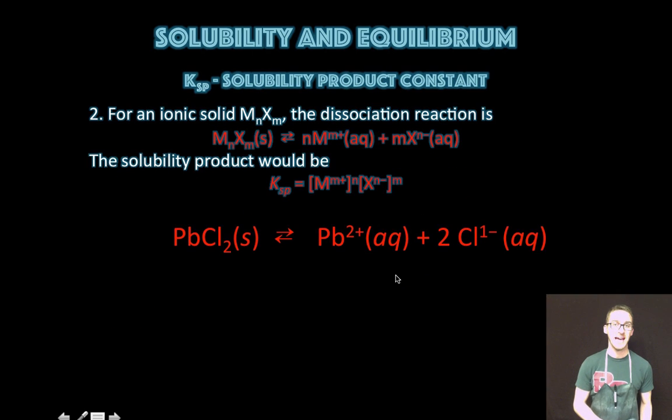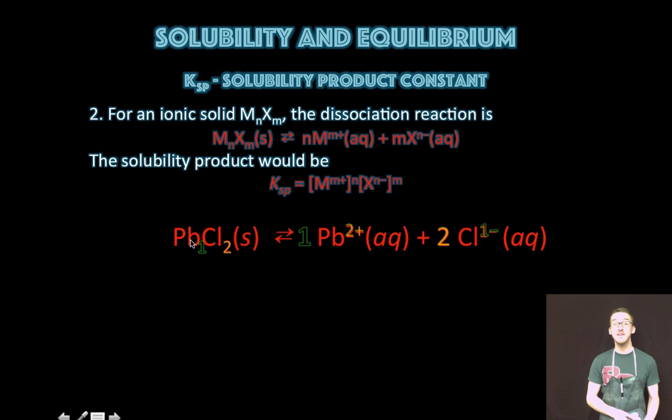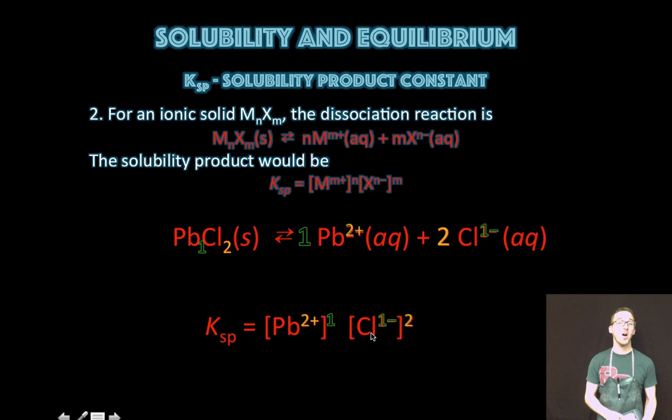Let's take a look at an example of lead(II) chloride. Think about the ratio of the ions in that solid ionic compound. When I put it into solution, it's going to dissolve to form 1 lead(II) ion and 2 chloride ions. So my KSP expression is also going to show that relationship for the stoichiometry that we see when dissolving a slightly soluble ionic salt